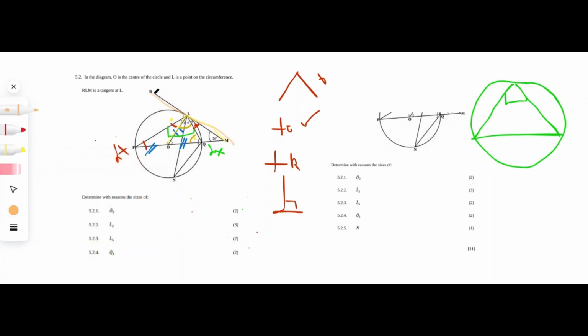So let's first start off on this part of the tangent. We have RL and we have OL. The angle between RL and OL would be L1 plus L2. So L1 plus L2 will equal 90 degrees. Let's go over onto the other side. The angle between LM and OL would be L5, L4, and L3, meaning that L5, L4, and L3 will be